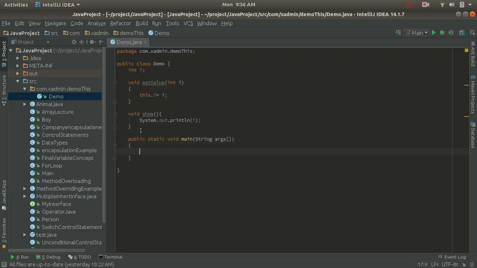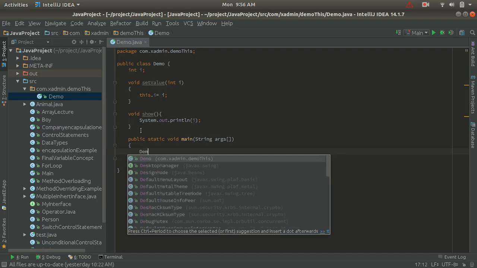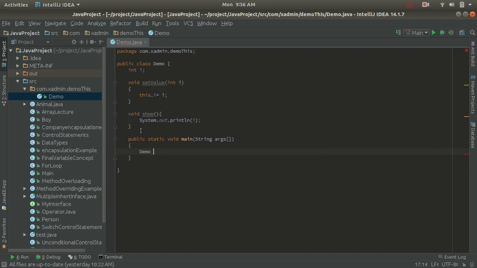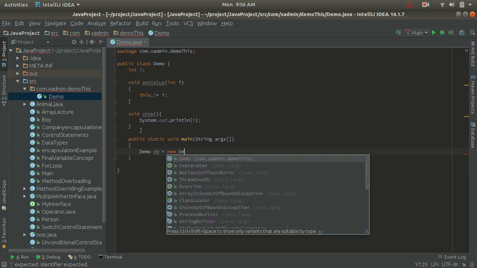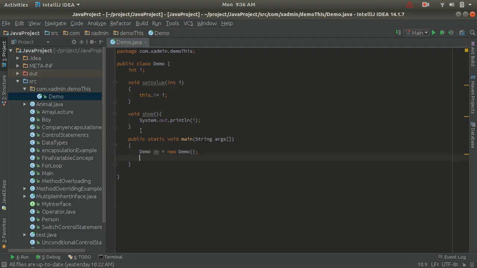So this is my main method, and inside the main method I am going to create an object of my demo class. So let's write dm equals, with the help of the new keyword, new demo, right? And now I am going to set the value of the instance variable. So let's set the value with dm.setValue, and inside this I am passing the value 7.